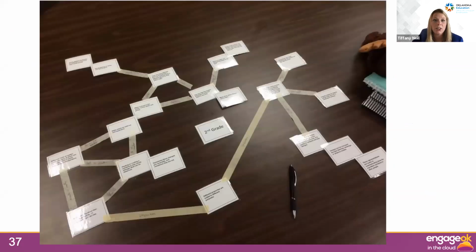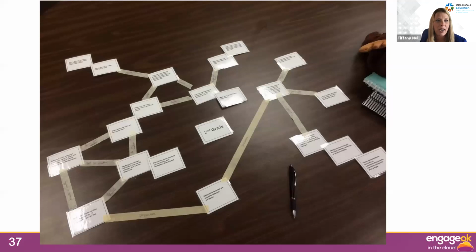Here's an example of what this could look like if you do this work with other teachers or yourself. This is an example of second grade science, where a couple of teachers came together and thought about what are the ideas or the lessons we're teaching and how are those connected. Now, what you'll see here is it doesn't look like a linear model. It looks more like a web. And the reason it looks more like a web is because these teachers saw so many opportunities to connect students to other aspects of learning throughout the year, which we know is a promising feature for student learning.